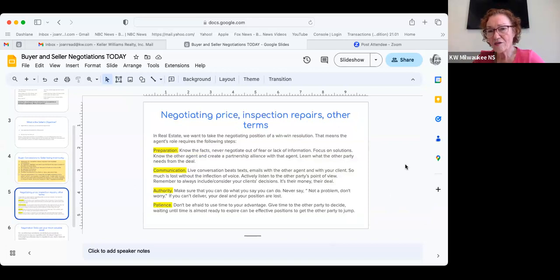So in all other types of negotiation that you're going to do throughout this process of writing an offer and going to closing, there are terms like in the inspection, which really brings up the negotiating lion again.